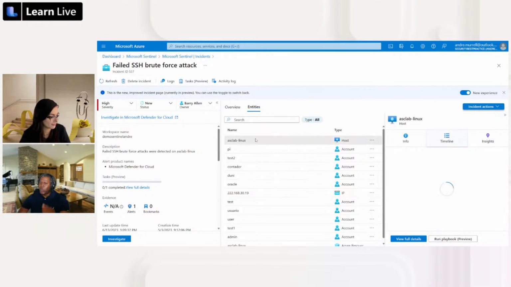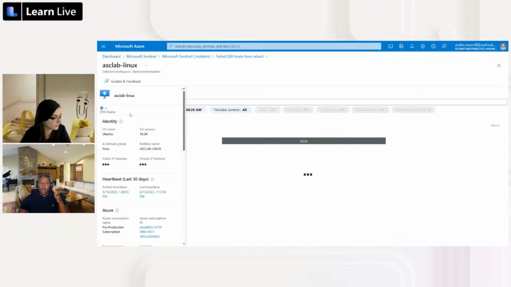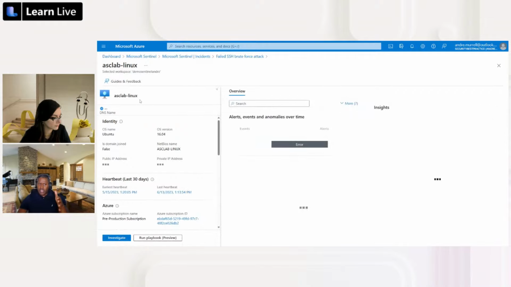Now, I can do the same thing with my server, right? I want to look at this Linux server because this is the one that gets hit often. I want to see what's going on with it, right? Let's pop it out a little bit, if it lets me do it, but I think it froze up. All right. When I go to view full details on this Linux server, what it actually did was populate user